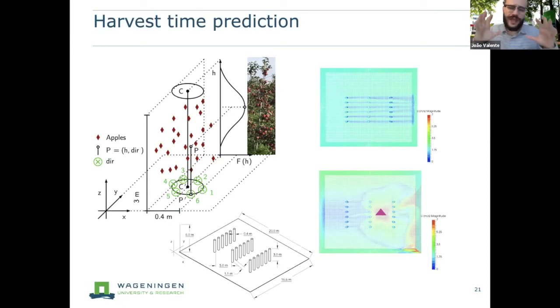So what we actually did is that we have modeled a true orchard, a physical orchard. We have picked all the physical components of an orchard, as you can see here on the left. We have modeled exactly the number of trees in the area that we have.